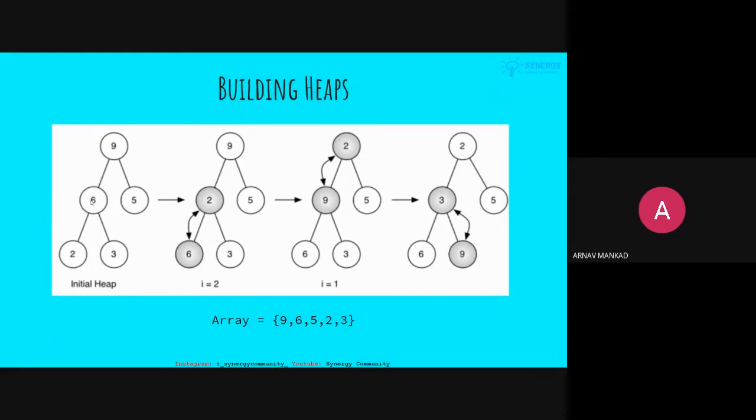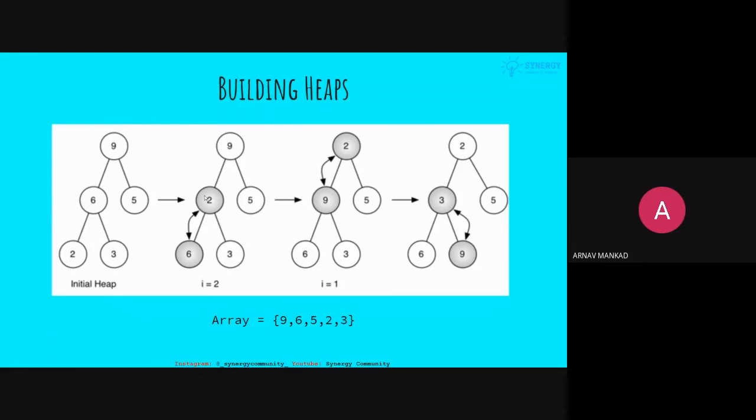So what is heapify? What it does is basically considers the current node, it checks both of the child nodes, and depending on if it's min heap or max heap, it replaces one of the nodes. So over here we are building min heaps. 6 is less than 2 and 3, but in 2 and 3, 2 is the lesser one, so we need to replace 6 with 2, so it gets swapped.